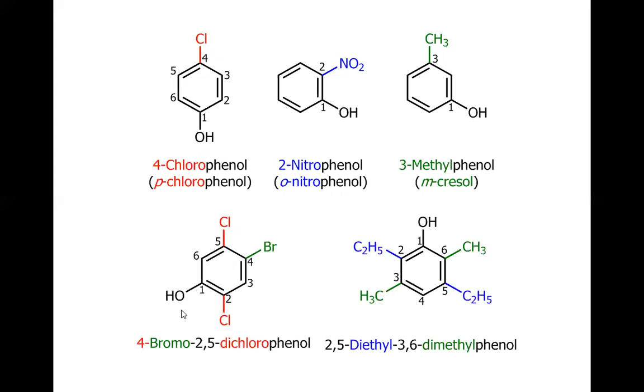For further substitutions, if we have 3 substituents, let's suppose, the numbering will start from this side in a clockwise manner, because in doing so we will have the substituent nearer, that is at carbon number 2, the chloro. At 3 there is nothing, at 4 there is bromo, and at 5 there is again chloro. So there are 2 chloros, that is dichloro, and 1 bromo. And now in the alphabetical order, B comes prior to the C, so that is why 4-bromo-2,5-dichlorophenol.